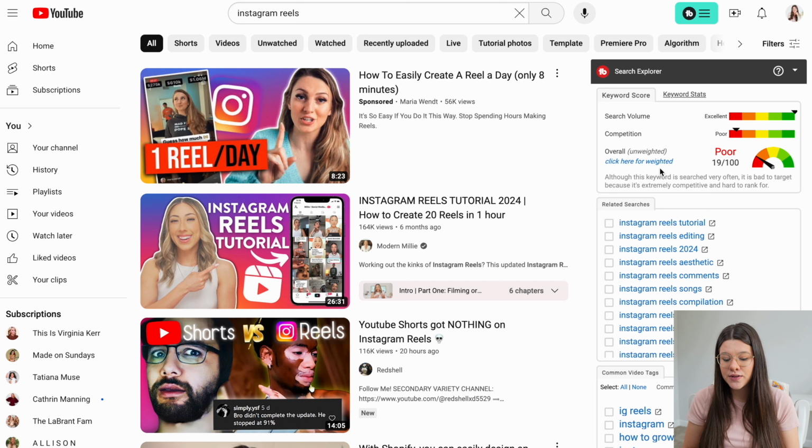Initially, when it comes up, you'll see by overall, it says unweighted. That means that it is not weighting it against your channel. You can also click below this, and this is where you do have to upgrade and pay for Pro, or I don't even know if it's called Pro, the paid version of TubeBuddy in order to have access to this